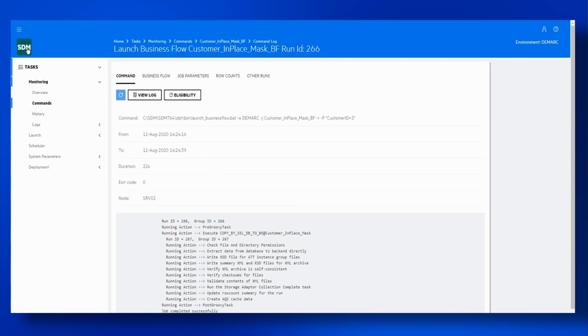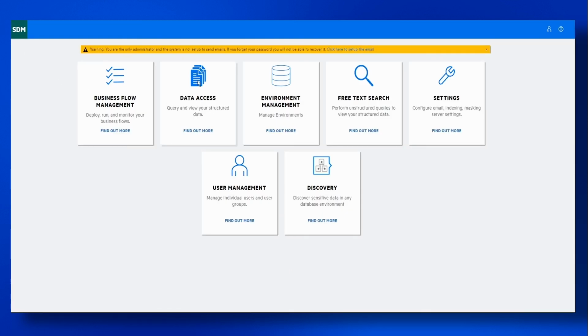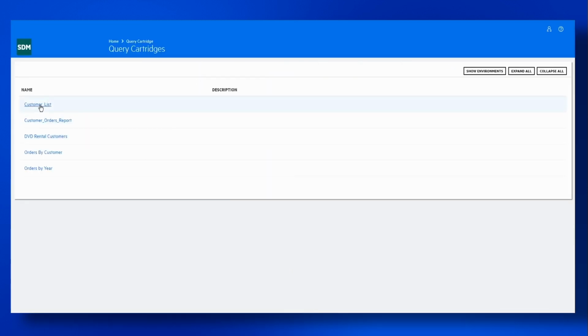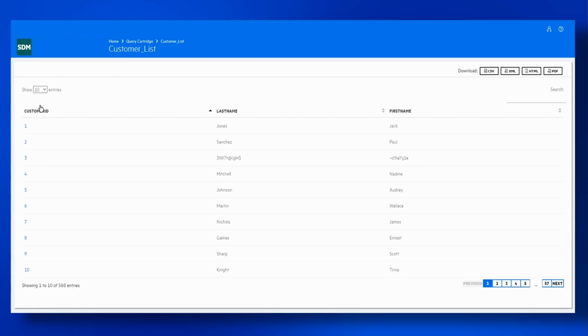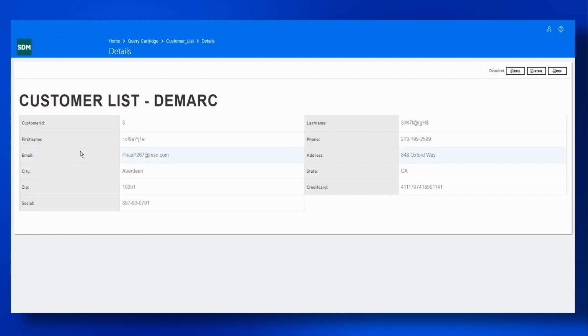Now if I rerun the data access query, again on the customer list query cartridge, that will run a report on the customers table, and as we can see, the last name and the first name for customer ID number 3 has been masked. And if I click into customer ID number 3, that will give me the full details. And again, this previously was Philip McDonald, and now we can see the last name and the first name have